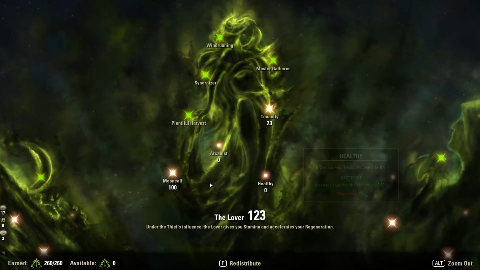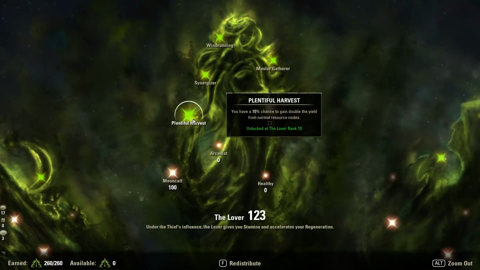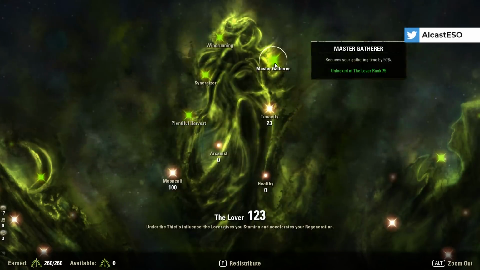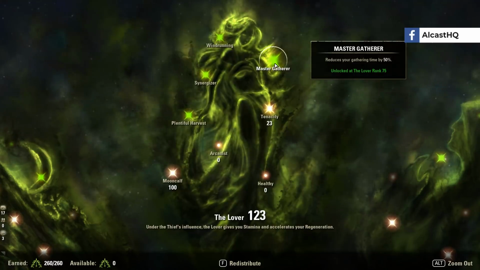So if you don't have a lot of champion points, make sure to invest as much as possible in here, because you want Plentiful Harvest: 10% chance to gain double the yield from normal resource nodes. So you can get twice the amount if you're lucky. And Master Gatherer, reducing your gathering time by 50%. Like you probably have seen in the video clip before, you pick up materials so fast,